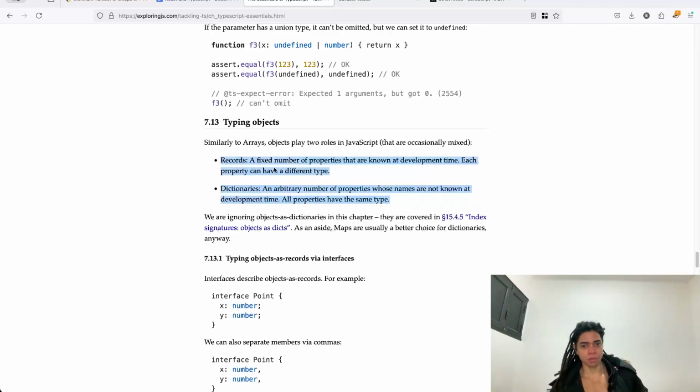Why is this important? Especially when you want to know this as a way to type these records. You know exactly the number of properties that this object will contain, but each property can have a different type. But with dictionaries,